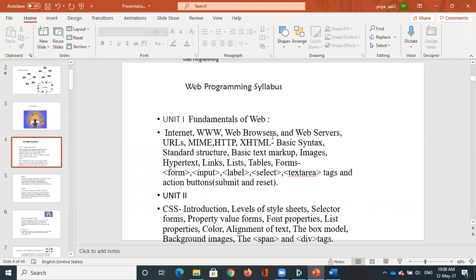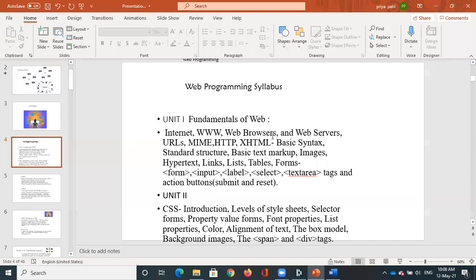But to execute a web program, we require a web browser. The scripts that we write will run on the web browser, so you need not install any extra software or tools. If you have a web browser, you can easily write the code and execute it.